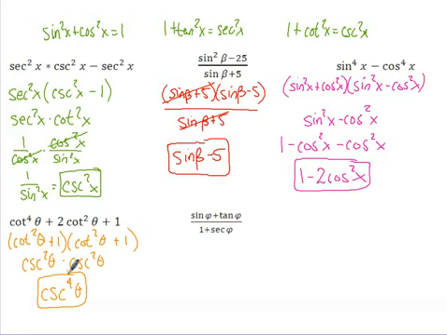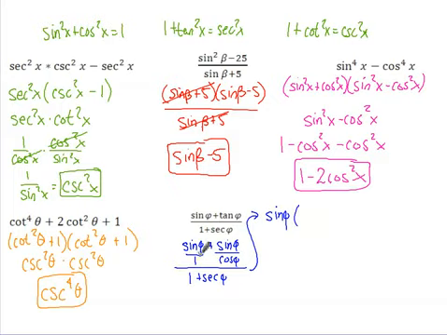Right. And the last example here, I don't have anything squared, so I can't use any of the Pythagorean identities. So what I'm going to do is I'm going to rewrite the top, and I'm going to use the quotient identity on tangent. It's going to be the sine of phi plus tangent is sine over cosine, and all that's still over 1 plus secant phi. Alright, now that doesn't look any cleaner than it did before, but something nice happens on the top. I actually have sine in both of these numerators, so I can factor it out. So what I'll do is factor sine out of the top,